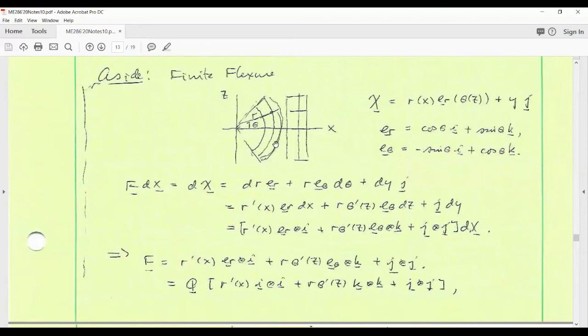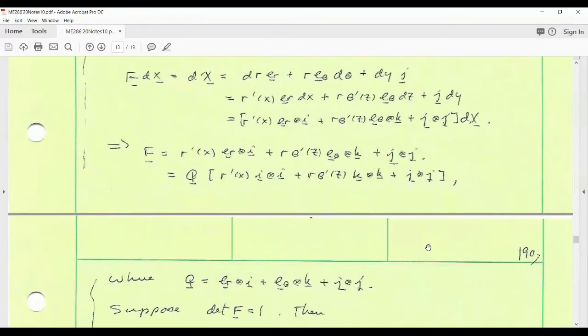So we can generate a deformation gradient from this in the usual way, chain rule. dr is r prime(x) dx. dθ is now θ prime(z) dz. And we have the dy. And dx now is i dot dX, initial position. dz is k dot dX, and dy is j dot dX. So we can extract the deformation gradient like so. And notice that we can factor out a rotation in front,